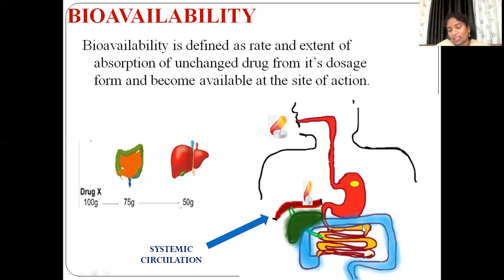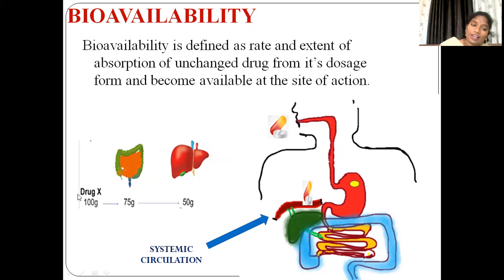In the small intestine, you already know we have small villi-like projections on the membrane. Through the villi-like projections, the drug is transported through the portal vein. See, this is the portal vein, and it reaches the liver. So after reaching the liver, the drug reaches the systemic circulation. So while you are taking oral administration, it should cross the various organs to reach the systemic circulation.